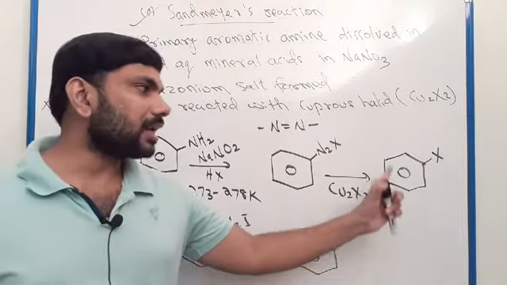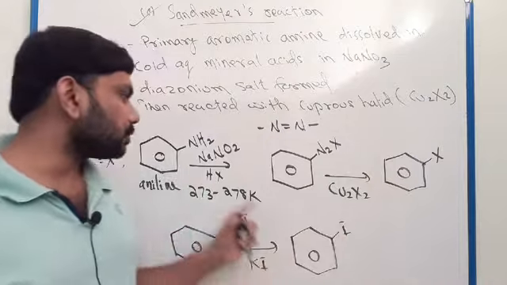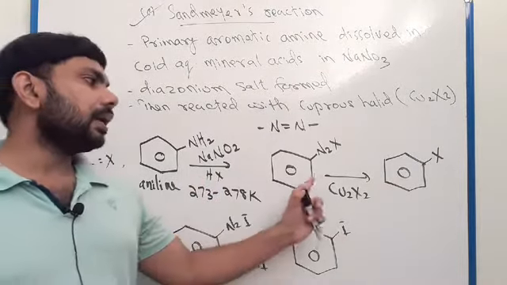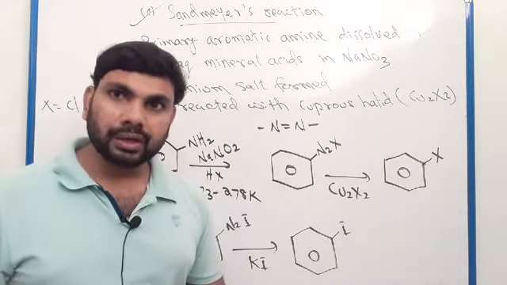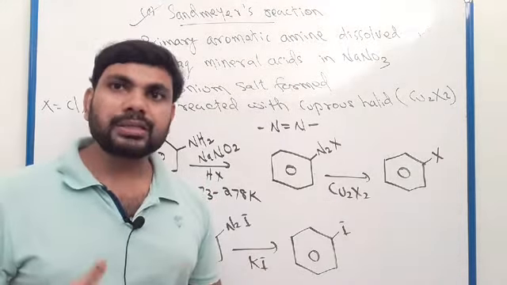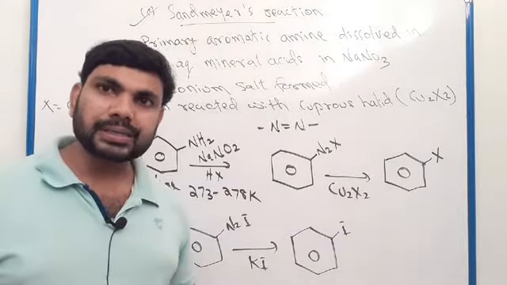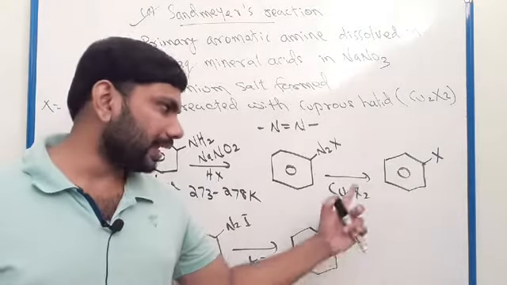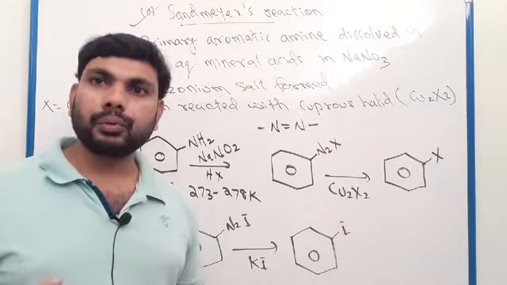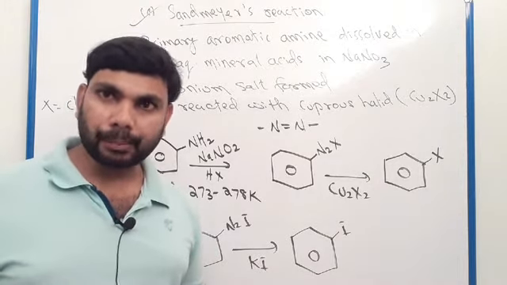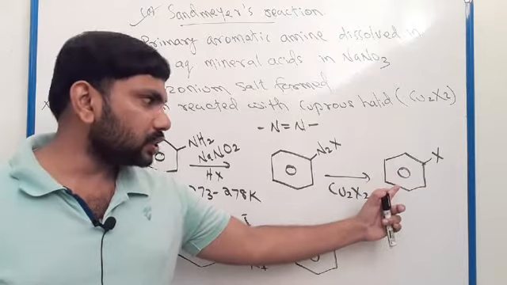If we want to get aryl bromide, then we have to choose HBr and Cu2Br2. Clear? Depending on the situation, we have to change X. So benzene diazonium chloride reacts with the cuprous halide, Cu2X2, meaning cuprous chloride or cuprous bromide. Then it will change to